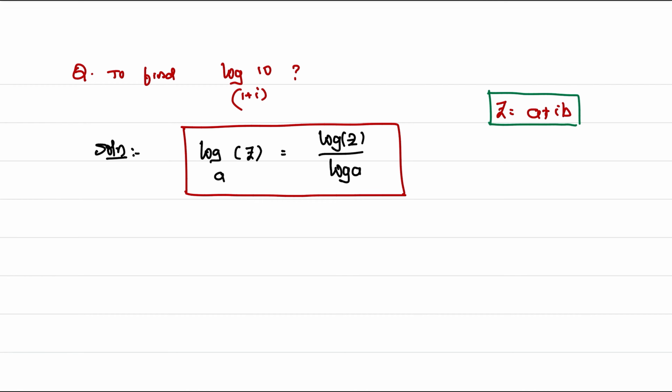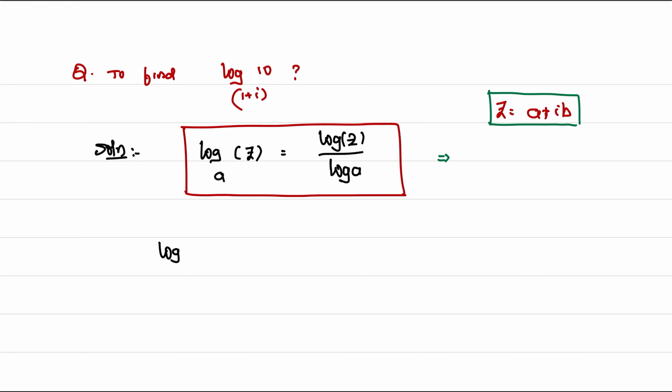And if b is equal to 0, then z represents a real value. If b is not equal to 0, then it represents a complex number. If a is equal to 0, then z represents a purely imaginary number. These things I have already explained in previous classes. Then from this definition,